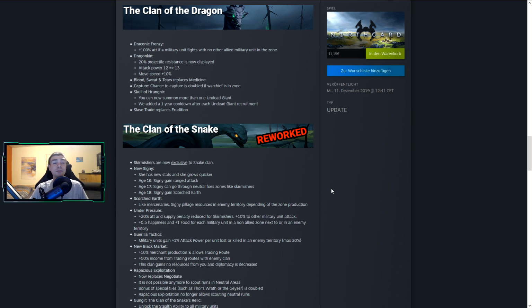Further on, the Blood, Sweat and Tears lore will be replacing Medicine, making the Blood, Sweat and Tears build pop a little bit earlier. And with Capture, the chance to actually capture something is doubled when your war chief is also in the zone, which should be quite helpful because the actual capture rate, for me at least, was never really that high. But now with the war chief, you should actually get a respectable chance to get a few captures